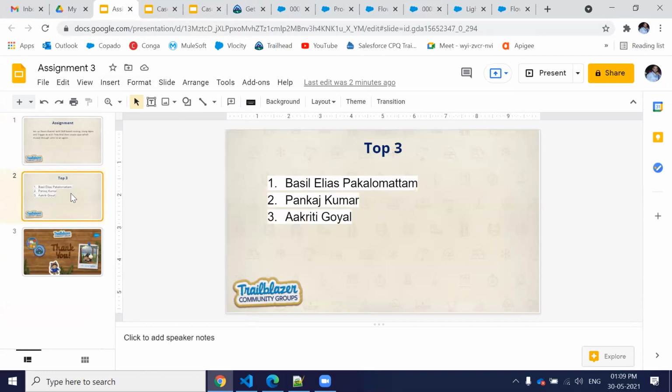These are the top three from assignment 3. Again, Basil is making great efforts, as well as Pankaj Kumar, who is new. I did not get Pankaj Kumar's first or second assignment, but I did get the third one. Then we have Akriti Goyal, again a new contestant in assignment 3.